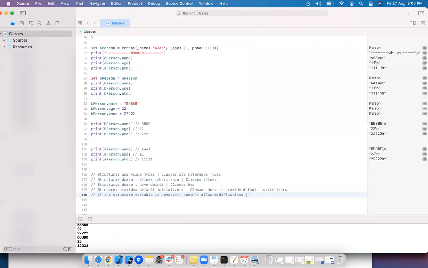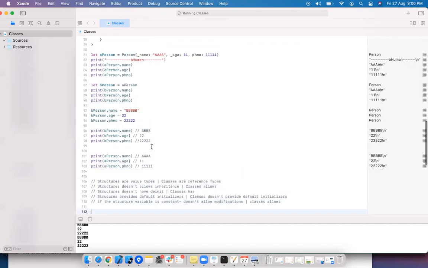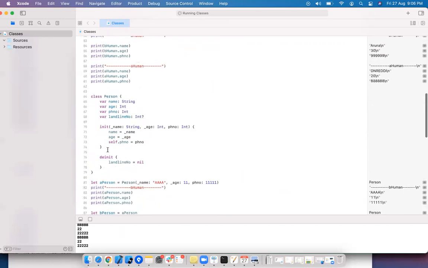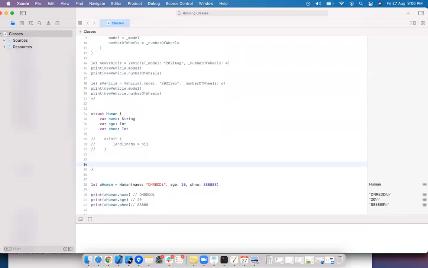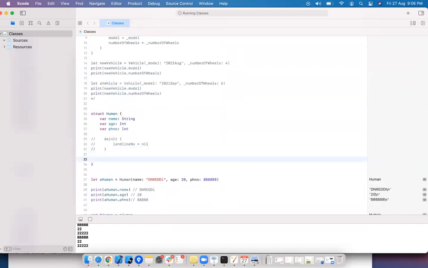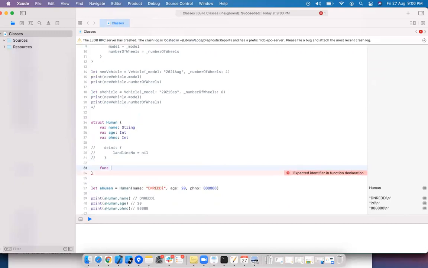And there is one more thing. To modify the properties of a structure, you need to use the mutating method. Let's say I want to create one more method to display. I'm creating a func and trying to change the name.